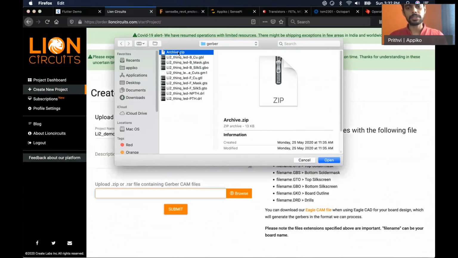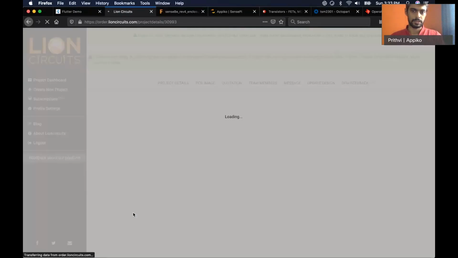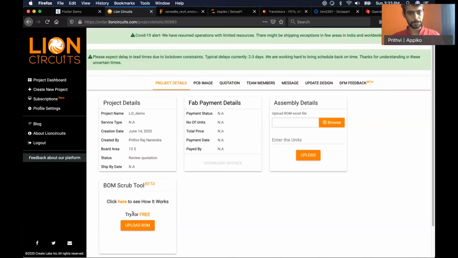This is the cover of the simple project that we created. As you can see in the project details, the board area is 13.5 square centimeter, and you can see the quotation.